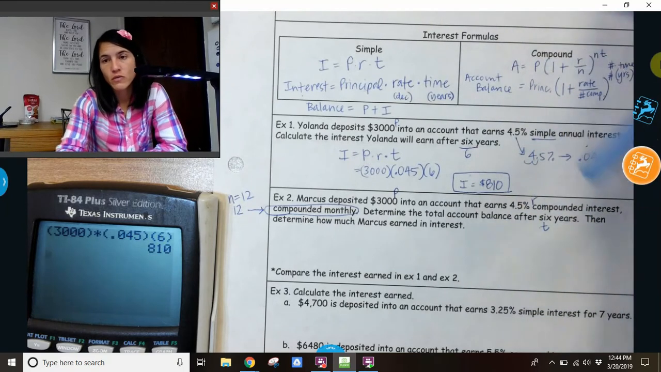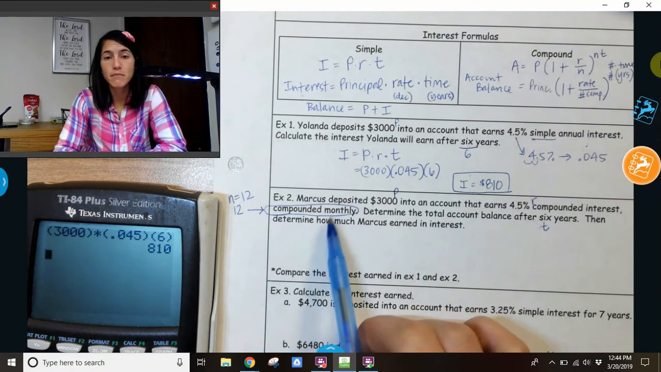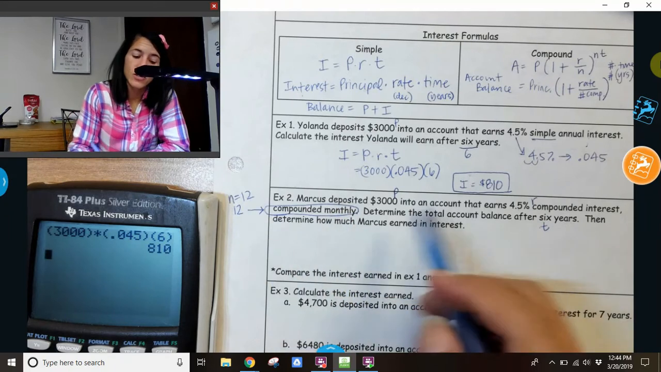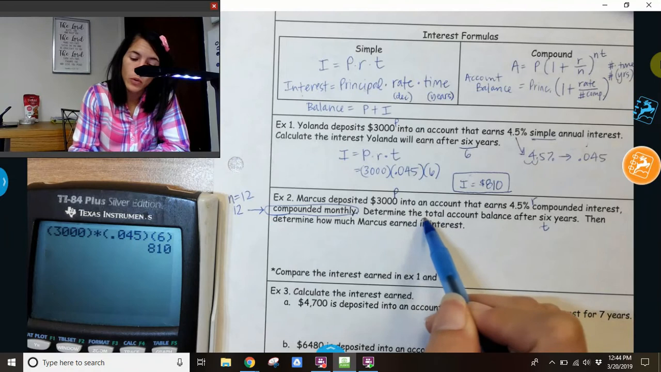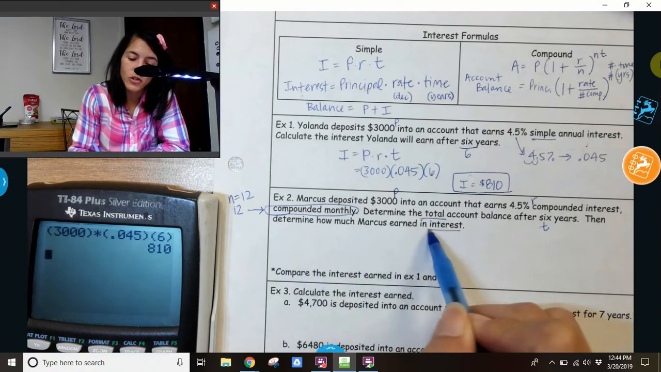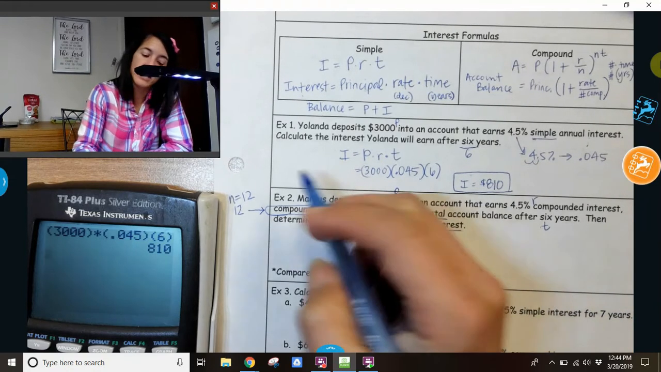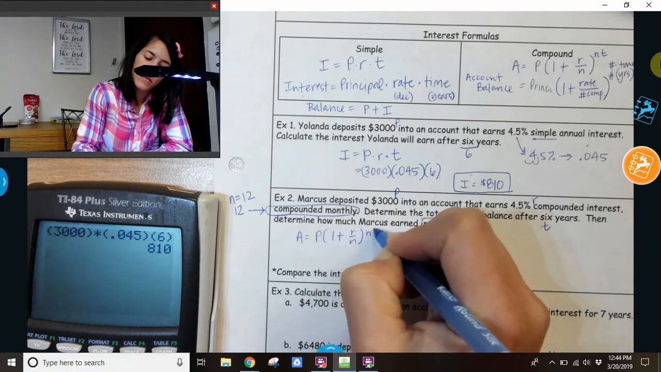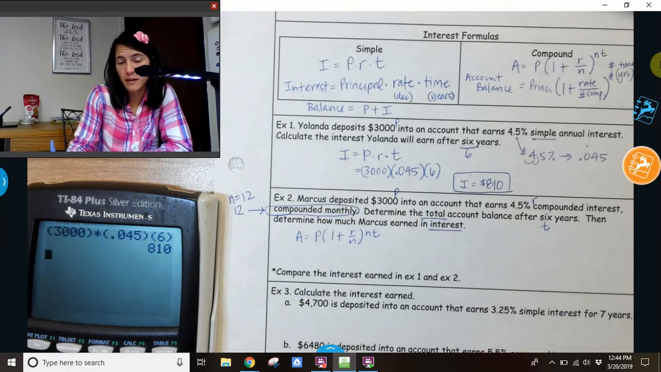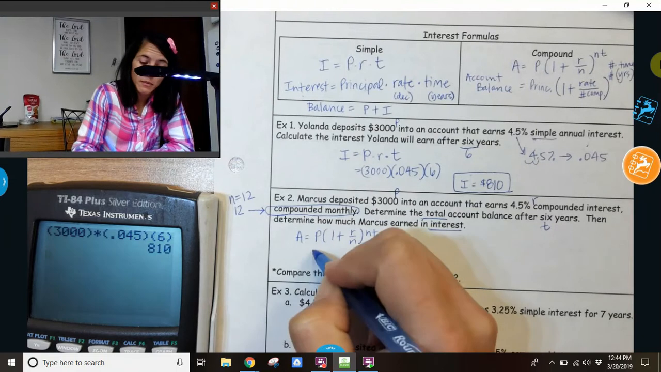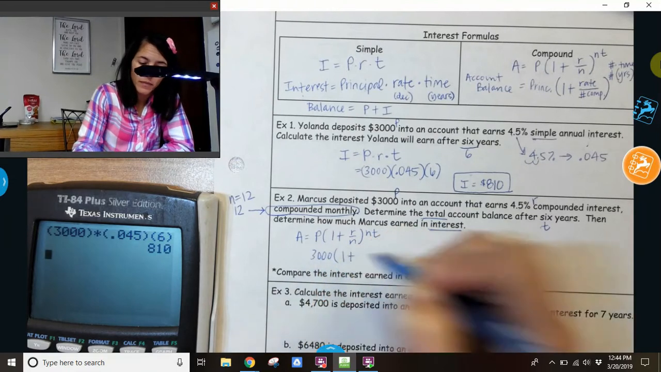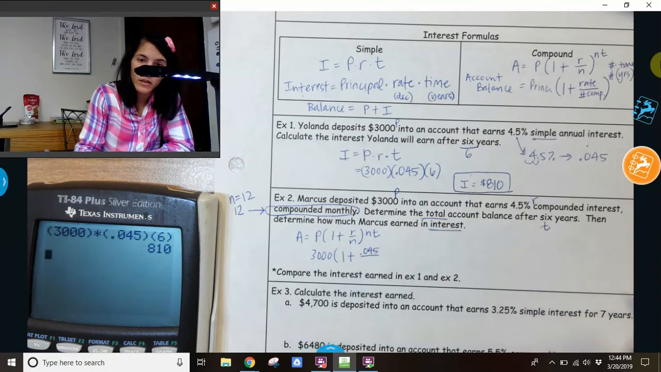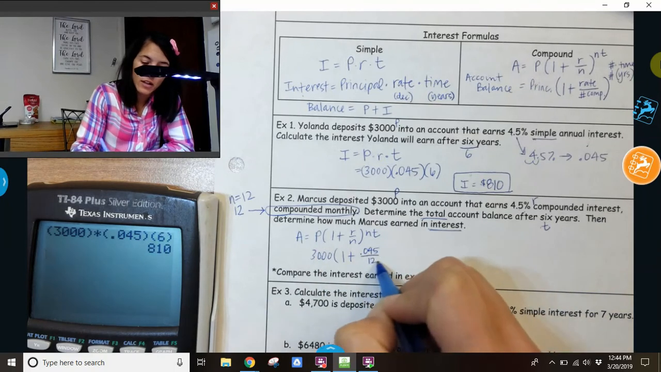So there I've shown you all the variables, and compounded monthly, there are 12 months in a year. So that's why our N is 12. So determine the total and determine the interest. So we're finding two things in this problem. So we need to start with our formula. Copy the formula down, and then we fill in the numbers, 3,000. The rate as a decimal is 0.045, and the N is 12,